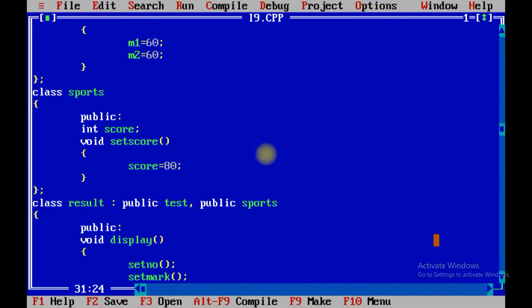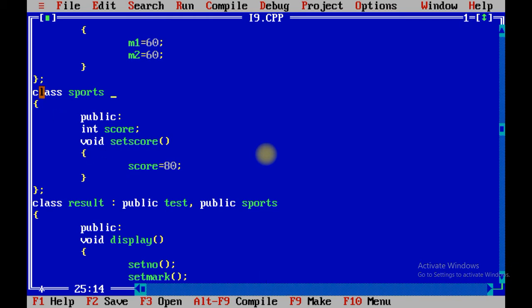But I have taken this program because I want to show the limitation of complete hybrid inheritance. Suppose you are going to inherit one class over here with the sports class, at that time you will not get the proper output, because whatever the grandfather class has, that property can be accessed only once, right?